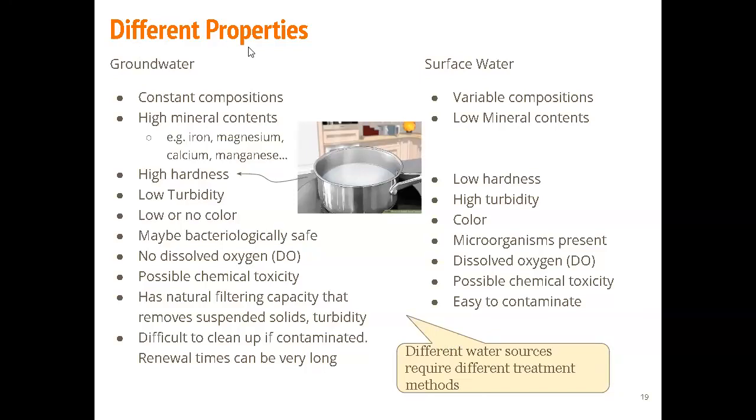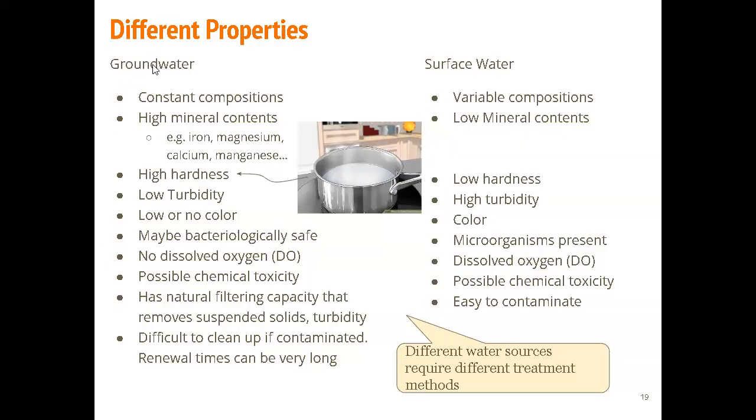So different properties here comparing the groundwater and the surface water. For the groundwater, maybe they have constant compositions because mostly it's coming from the rainwater. The rain coming from the sky and then falling onto the ground. So that's the source for groundwater. And for the surface water, because it's coming from underground, it might be going through different layers of rocks. So it might contain different